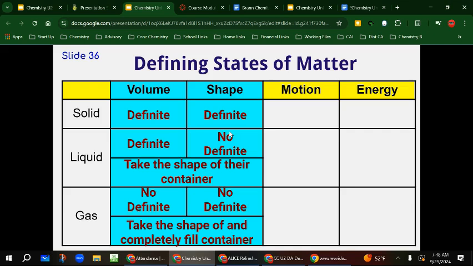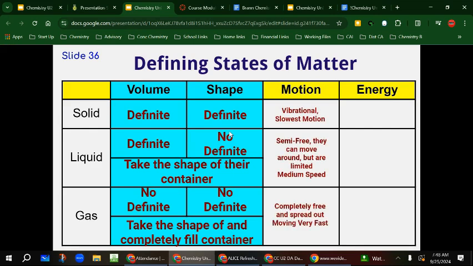Gases have no definite shape and no definite volume. And more importantly, gases will completely fill their container. So gases, if they have a chance, will spread out and completely fill the container up. Completely. Okay? Now, in terms of motion,